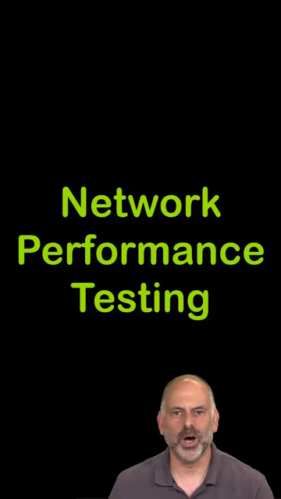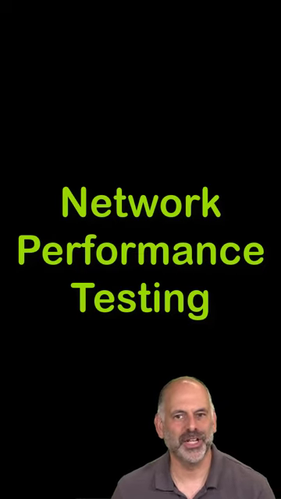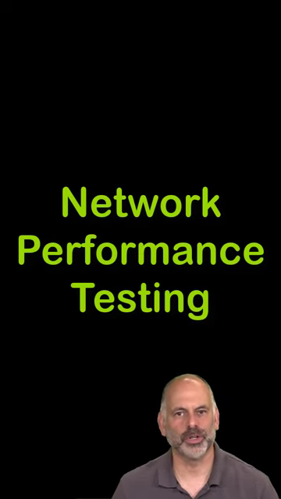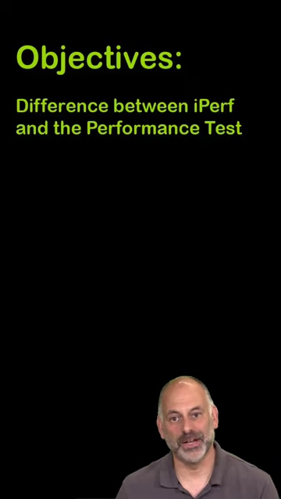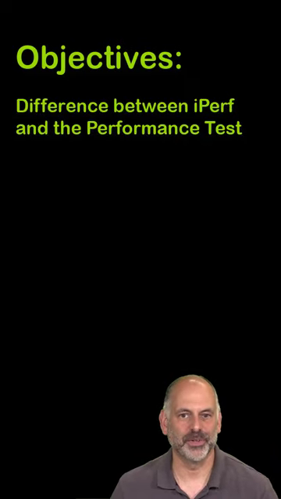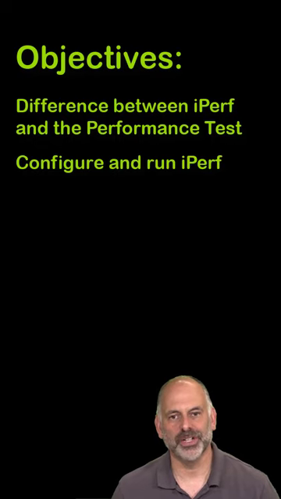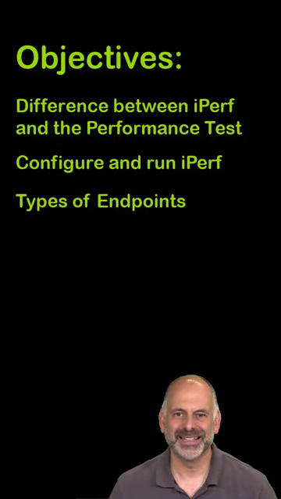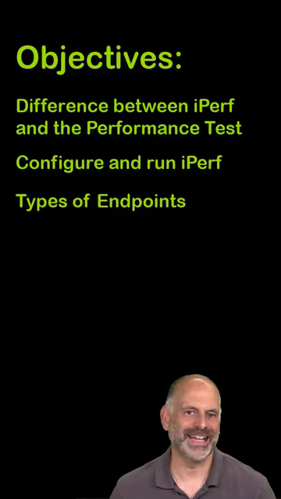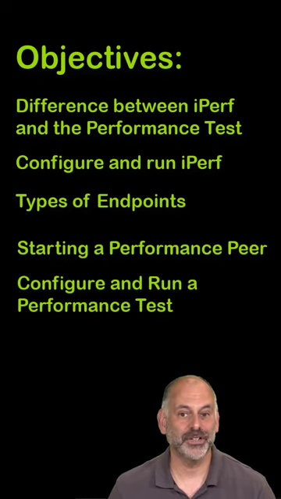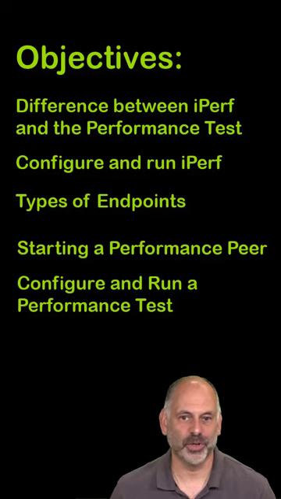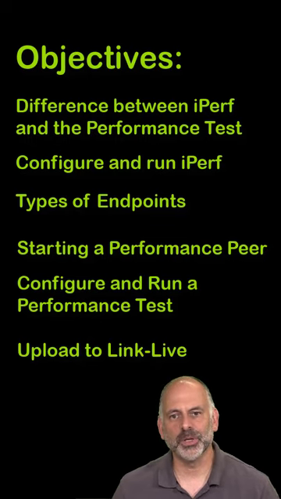In this video, I'll go through how the EtherScope nXG can be used to measure network throughput using iPerf and the NetAlly performance test. The topics covered in this video will include the difference between an iPerf test and a NetAlly performance test, how to configure and run an iPerf test, the types of endpoints supported by the NetAlly performance test, starting a performance peer, how to configure and run a NetAlly performance test, and lastly, uploading the test results